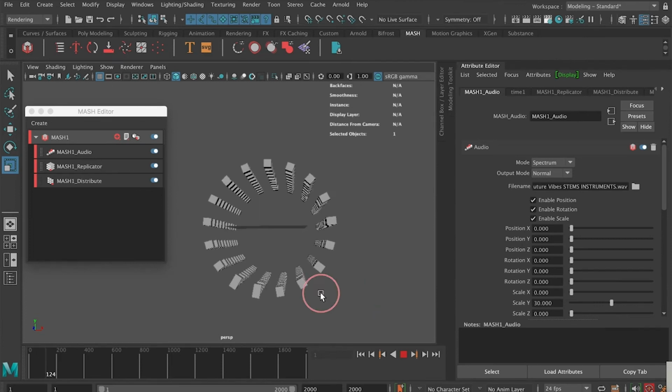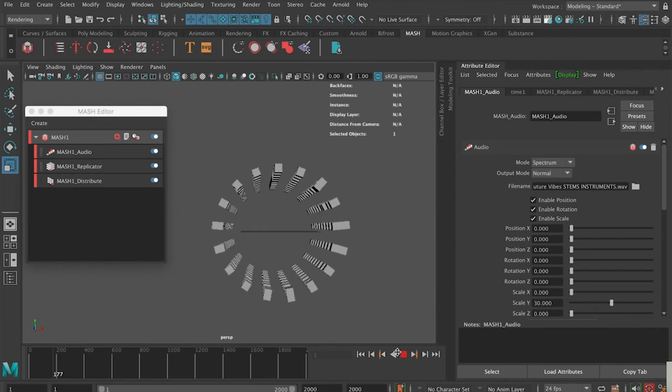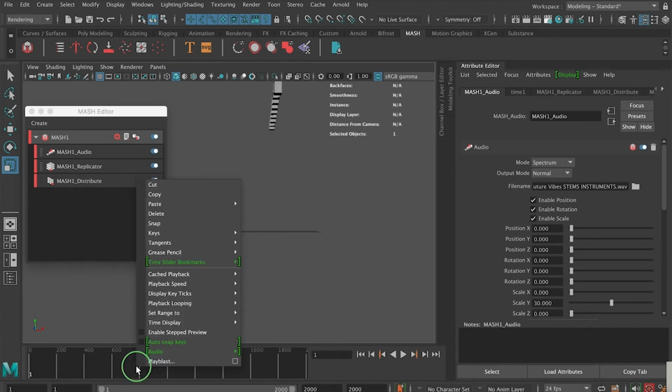So we've got straight away that little animation that I showed you before. You can't hear the audio, so we have to plug it. If you want to hear the audio, you have to plug it into the timeline. And if you've never plugged audio into Maya,